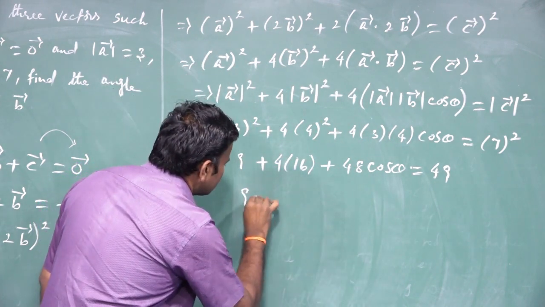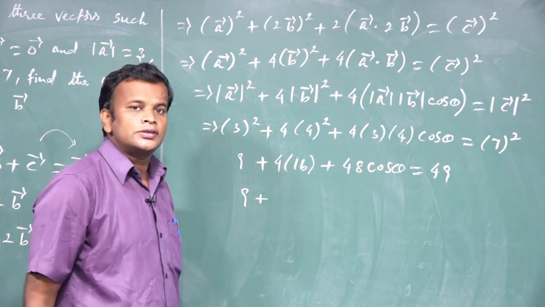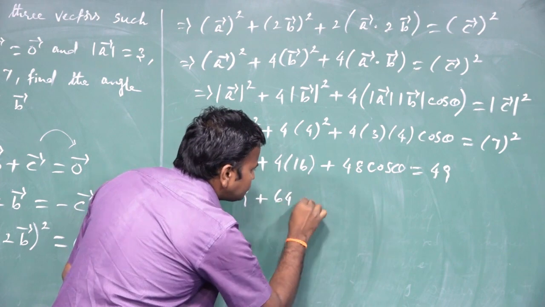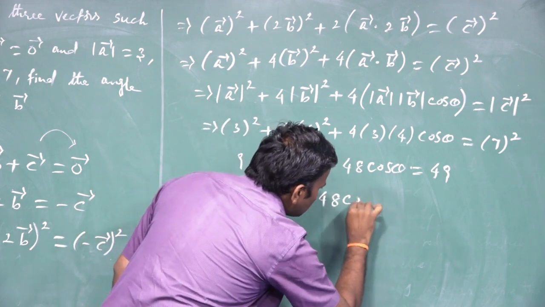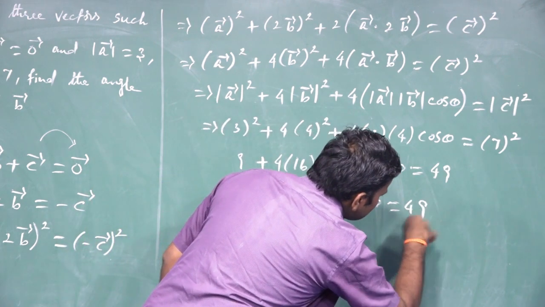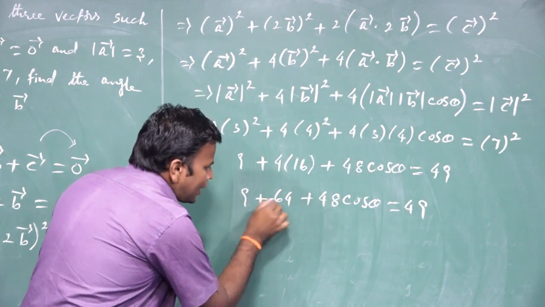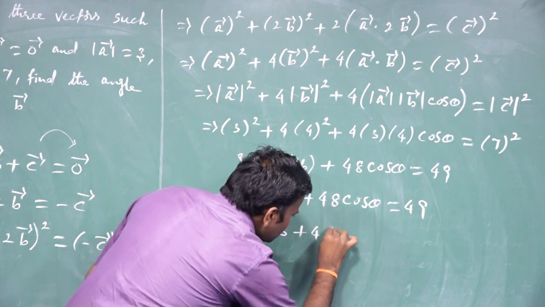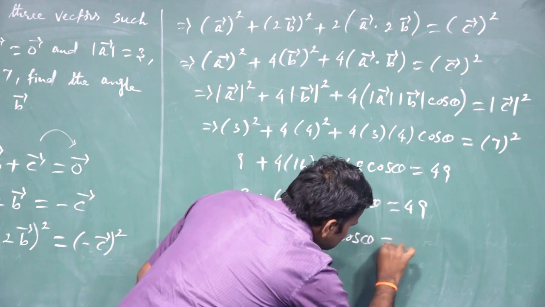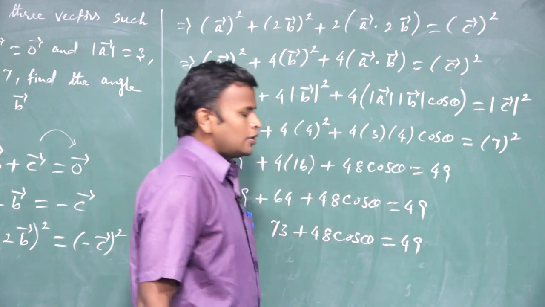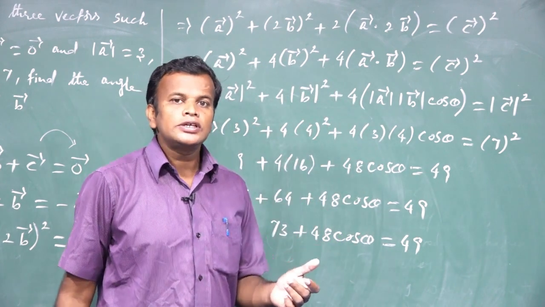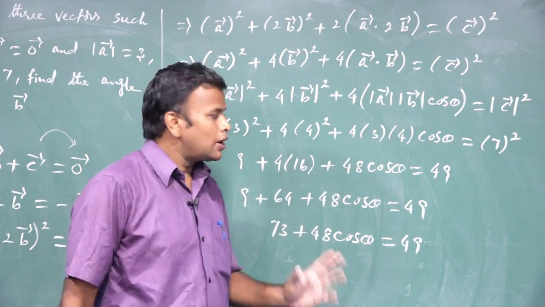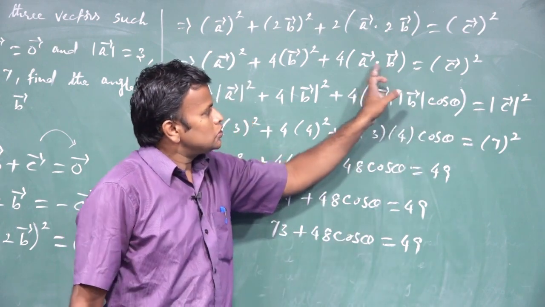So 9 plus 4 16s are 64, plus 48 cos theta is equal to 49. 9 plus 64 is 73, plus 48 cos theta is equal to 49. We need an angle. Here what is the required angle here? Theta. So to find the value of theta only, because this theta is the angle between these two vectors A